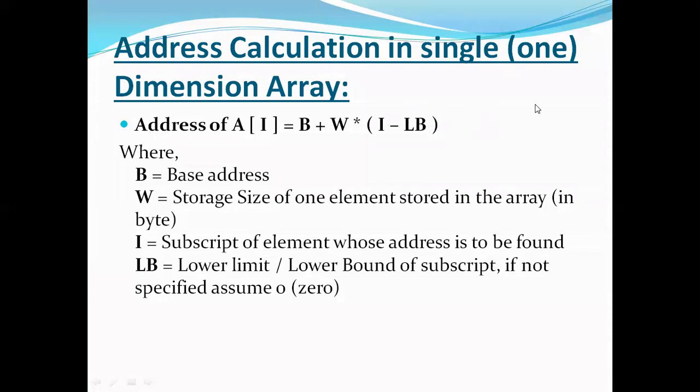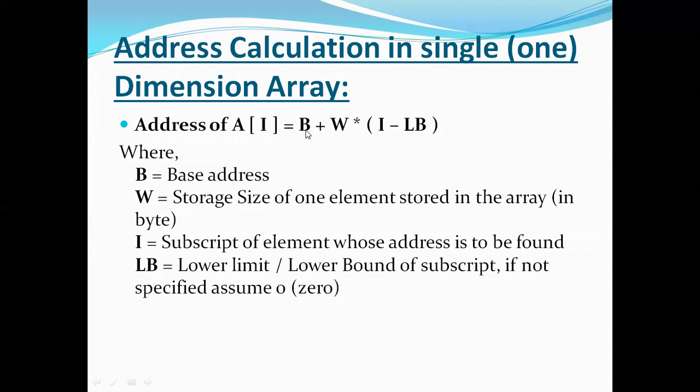How can we calculate here? Listen, this is for the address of a particular location. Suppose I want to calculate the address for the fourth element, like A of 4. This is the index, the one for which you want to calculate. So the address of this particular index is equal to B plus W. W means width, how much size. B is the base address, you know already, from which the array is going to start.